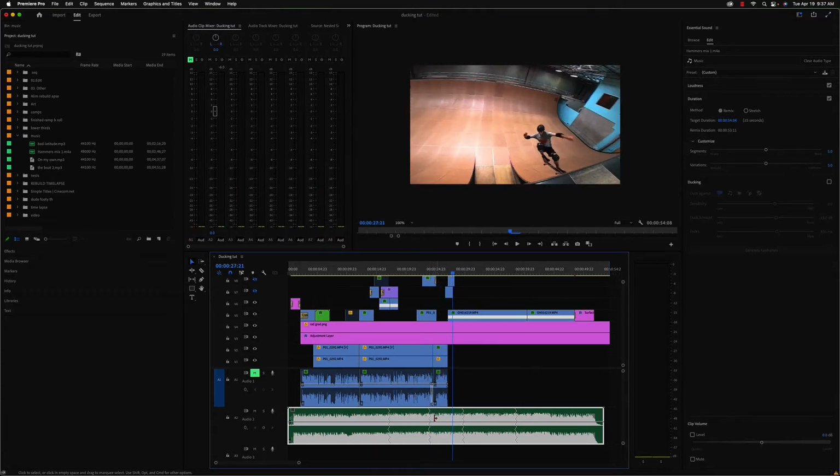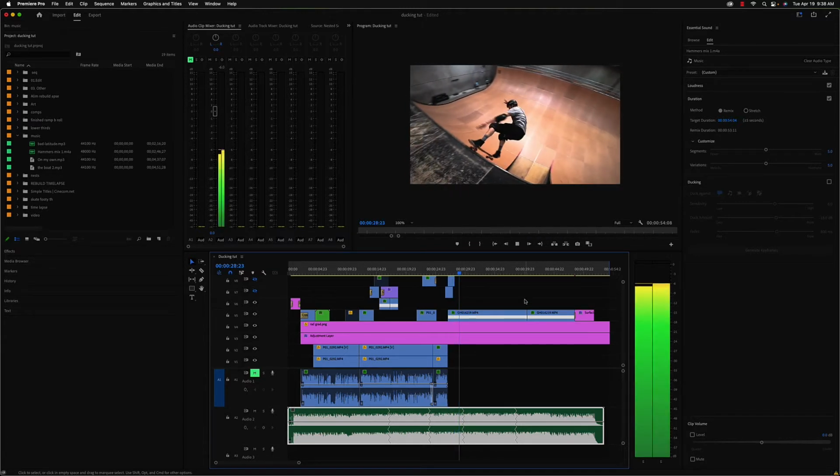Okay, so the edits are seamless. I can't hear any clicking or popping or any sort of telltale signs that there's an edit to the music. It is doing something kind of odd in that it's repeating the same line from the same verse. But honestly, I don't think that's a problem because once I duck it, you won't be able to hear too much of the vocals anyways. But most importantly, if we let this play out here,